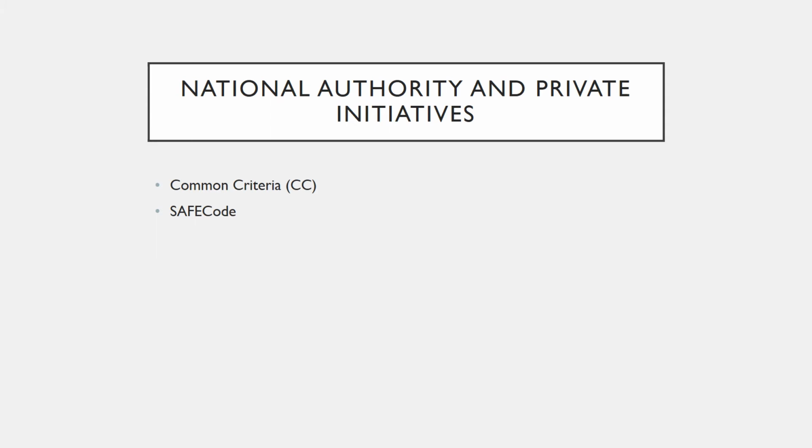And on the other hand, we have SAFECode, which is a private initiative. It's the Software Assurance Forum for Excellence in Code, SAFECode, and it's privately held and outputs documents to help with more secure code. So privately, the main advantage would probably be that you just have one source, so it's easier to put out documents and keep everything together.